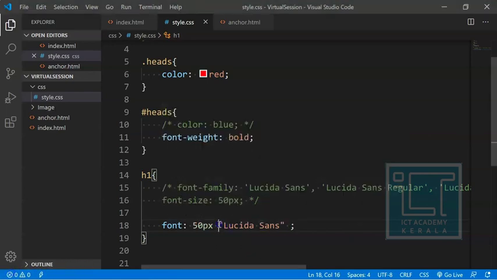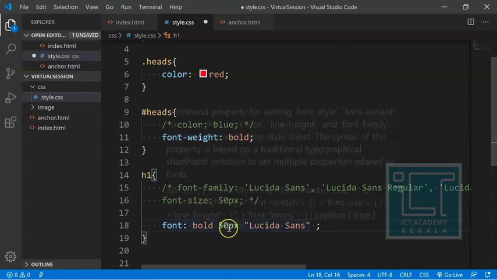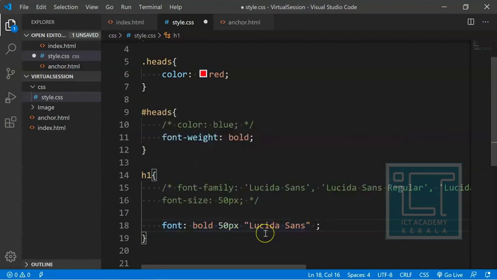I think there is an order for giving these: the size should be given first and then the font family. If I mention bold, whatever the font weight is, it should be given first, then the font size, then the font family. The font family usually comes last, and only then will it work.